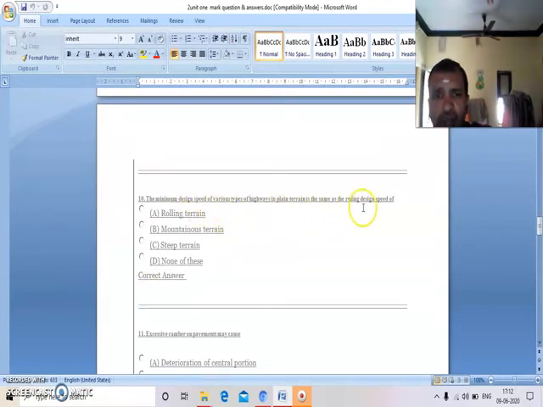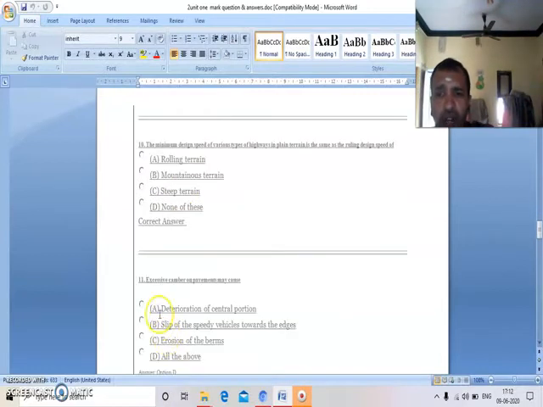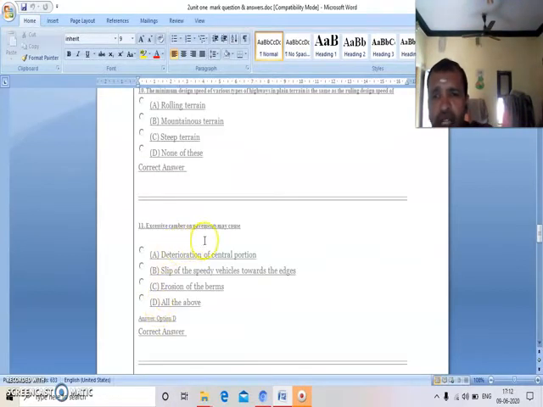Advantages of flexible pavements. You have to see the first one, adaptability to stage constructions. First advantage. Second advantage, availability of low cost types that can be easily built. Third one, ability to be easily opened and patched. Easy to repair frost heave and settlements. Resistance to the formation of ice glaze.